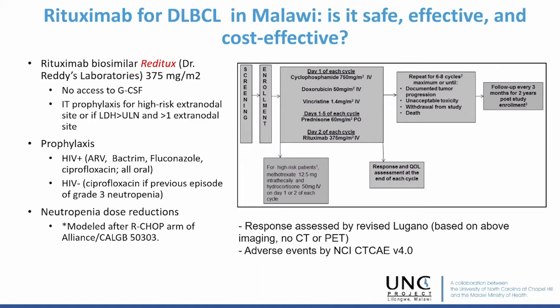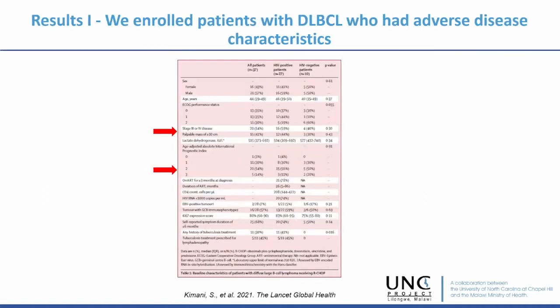The primary endpoint for this study was safety, which was measured as a proportion of patients who experience grade 3 or higher non-hematologic toxicities, as well as the proportion of patients who experience treatment-related mortality over a course of 6 cycles. Secondary endpoints were multiple. I just want to highlight one for efficacy, which was progression-free survival, overall survival at 12 and 24 months after treatment. We also completed a cost-effectiveness analysis following administration of 6 cycles.